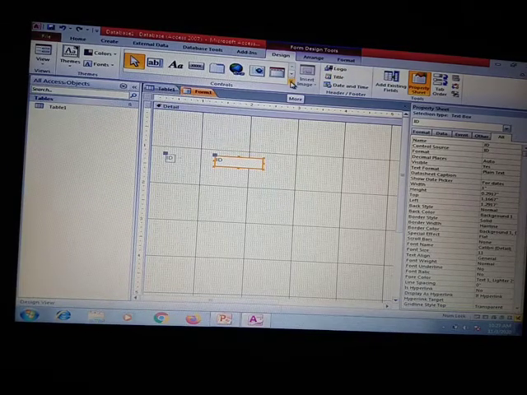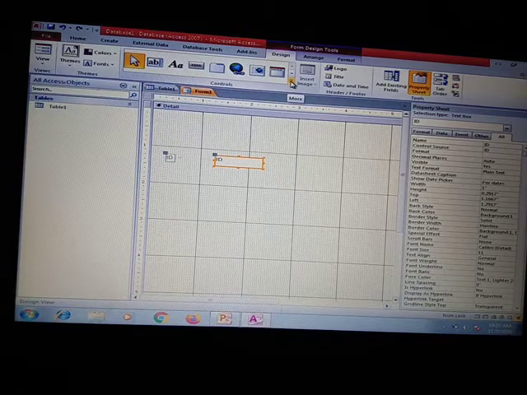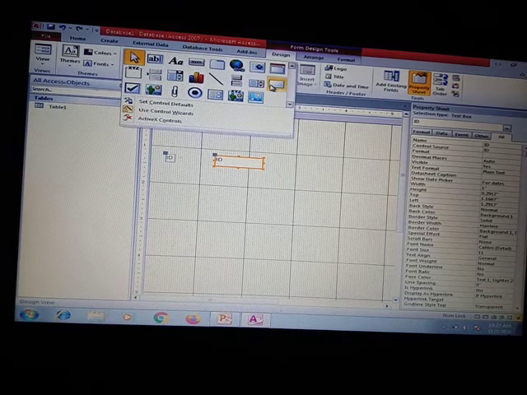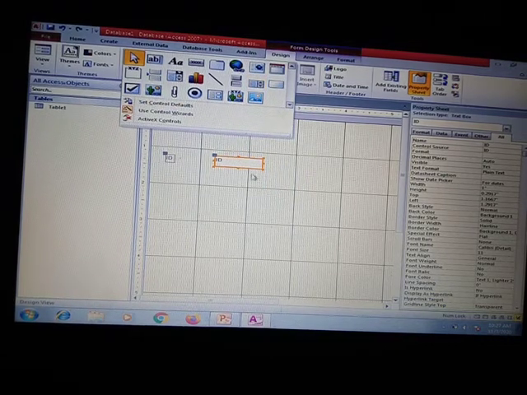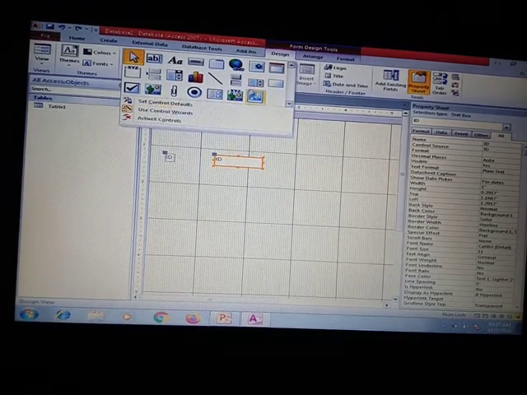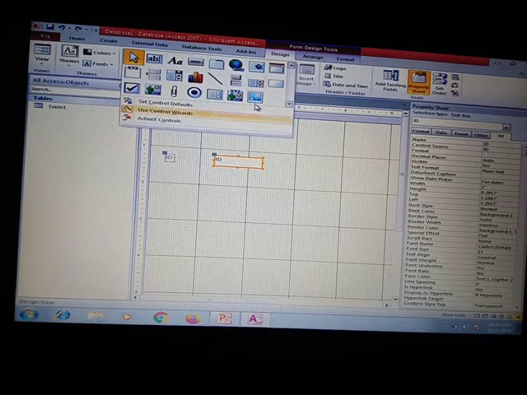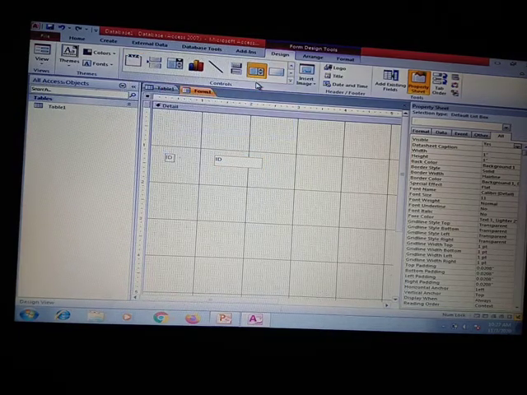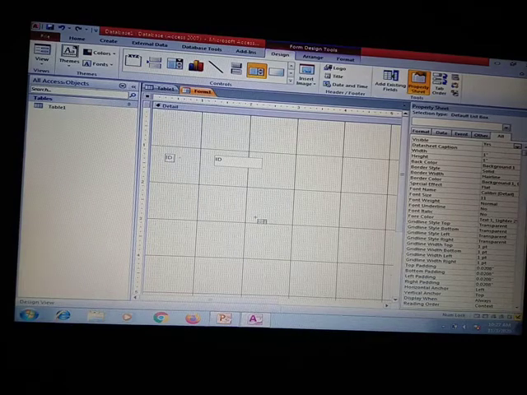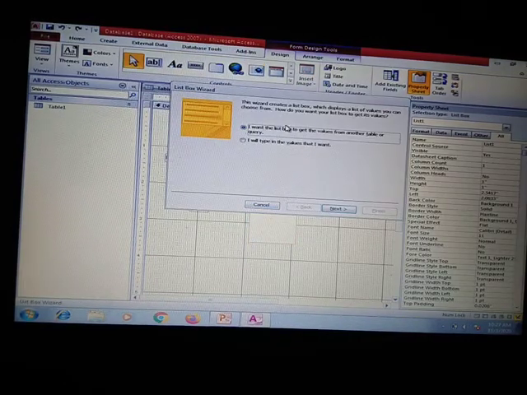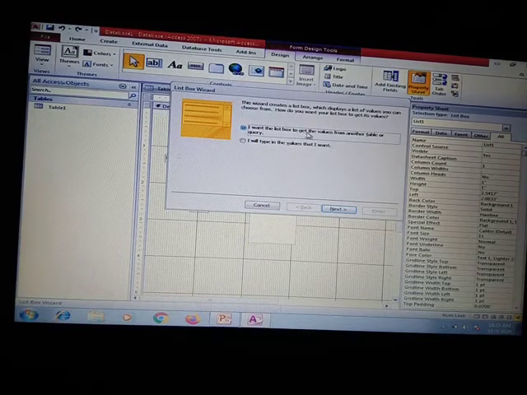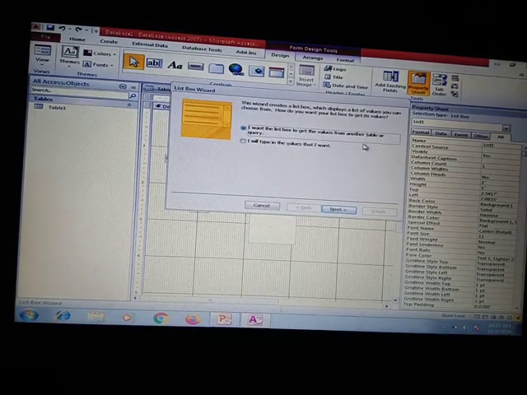Now from controls, we have to add a list box or a combo box. This is the list box. We can drag it to wherever we want in our form. See, here I have dragged it. I want the list box to get the values from another table or query.